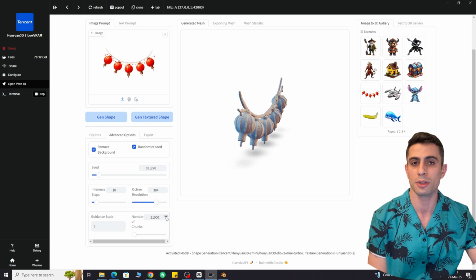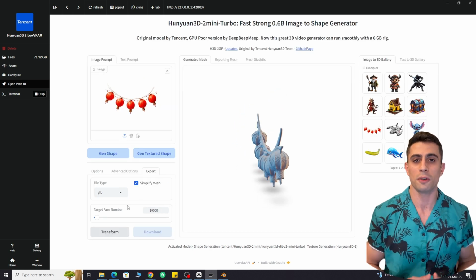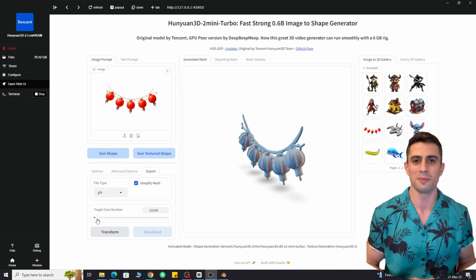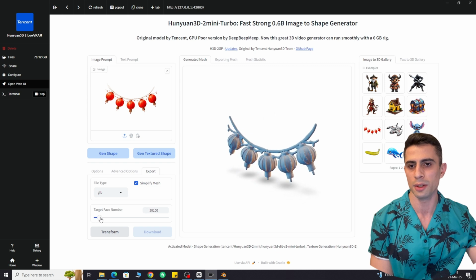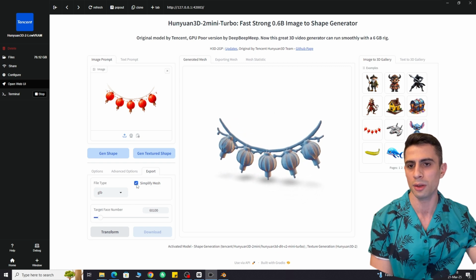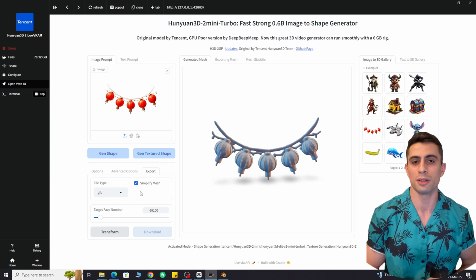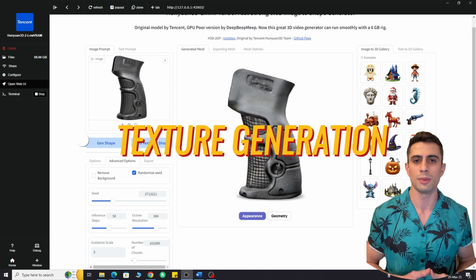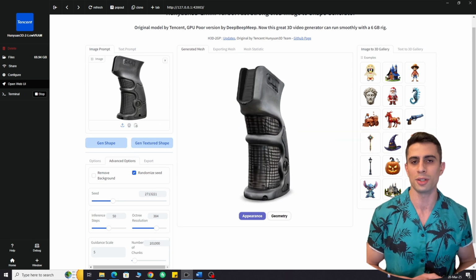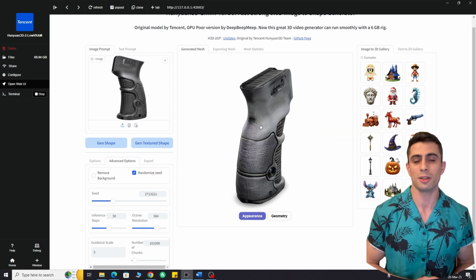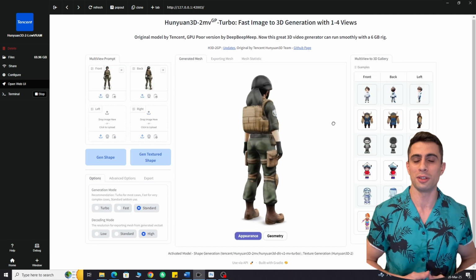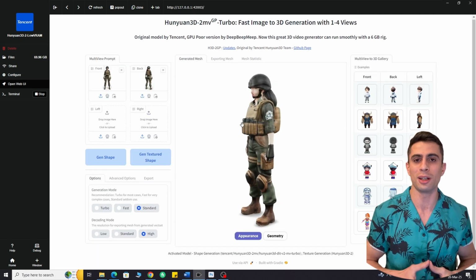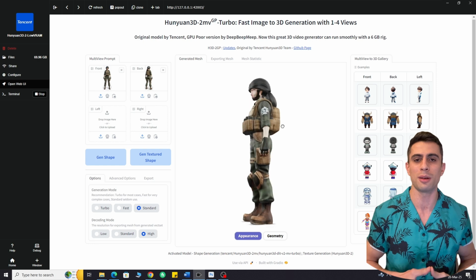It only accepts certain values. I crashed the software many times by messing with them. They also added a simplify feature to reduce the polygon count while exporting. I personally don't use it because I need a high poly mesh. Texture generation. Yes, it can generate textured meshes too, but to be honest, textures need improvement. Personally, I would retexture the model in Adobe Substance Painter after doing some retopology.